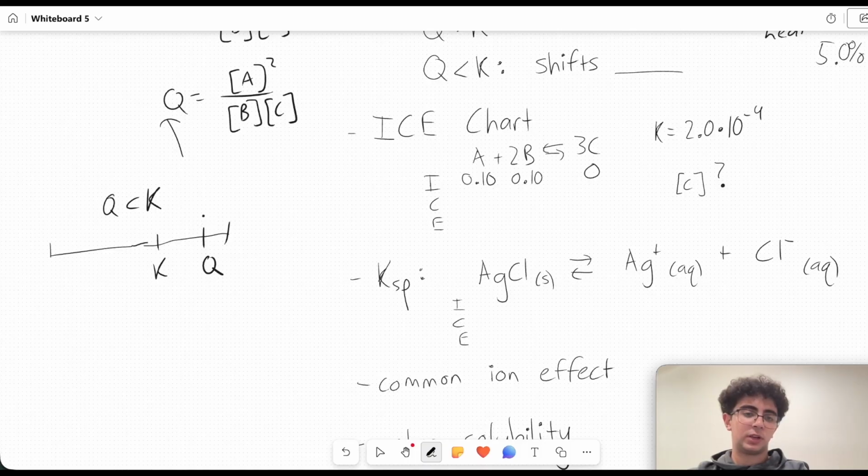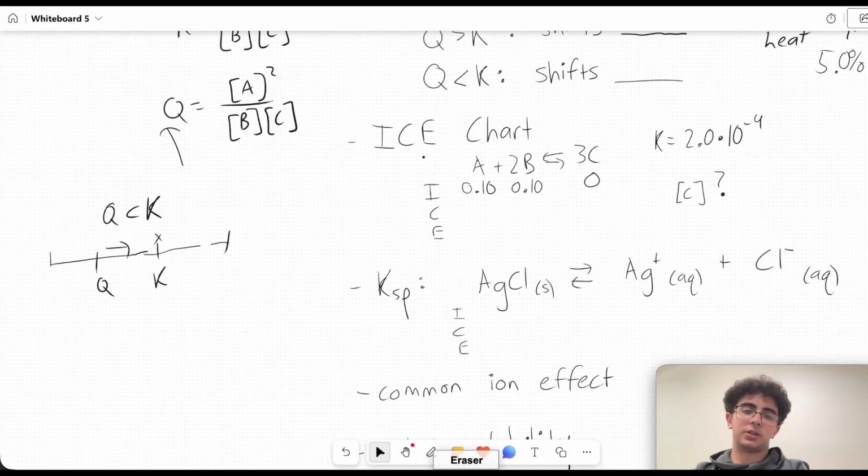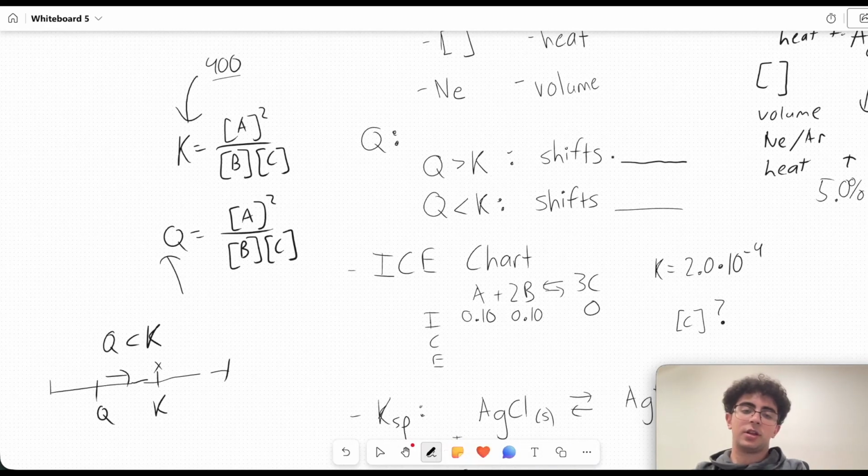That means here's where my reaction is right now, and here's where it wants to be for equilibrium. So it's going to shift left. And then vice versa. If your Q is on this side, your reaction wants to be here, so it's going to shift that way. So that's all that says. If Q is greater than K, it's going to shift to the left, and if Q is less than K, it's going to shift